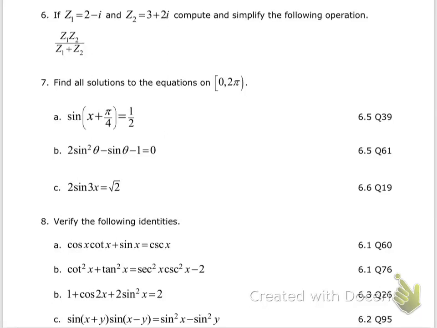Okay, complex numbers. Right, z1 times z2. That's 2 minus i multiplied by 3 plus 2i. May as well do that right now. Okay, so